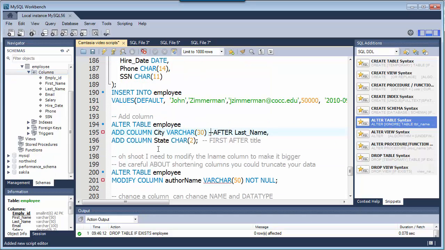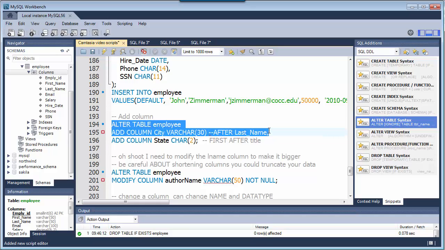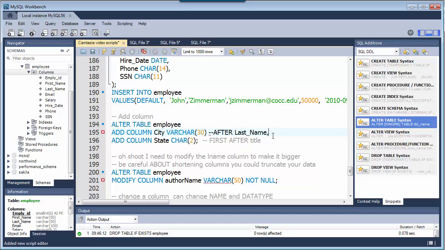Now, because I want to add two columns, rather than run two alter table statements with add column, I'm just going to run one statement, but I put a comma after the first change, and I'll say add column again. I'm going to add state char2, and again, I can use either, I could say, oh, I want this to be the first column, or I could put it after something, or I could just not have it on there. In this case, let's go ahead and make it after